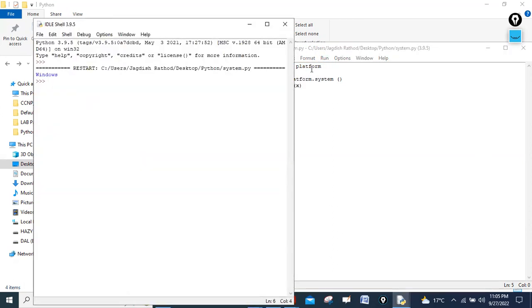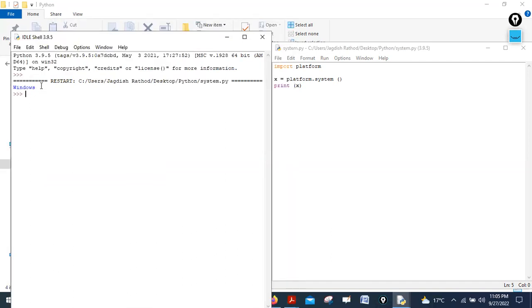You can see it is saying that you are using the Windows operating system. Think about the intelligence of this particular Python language. If you want to try, you can do one thing. If anyone is using Ubuntu, Linux, or Mac operating system, you can do the same thing and run the program. When you run it, you will get Linux here. If you are using Mac OS, you will get Mac OS over here. I'm using Windows, so here it says Windows.